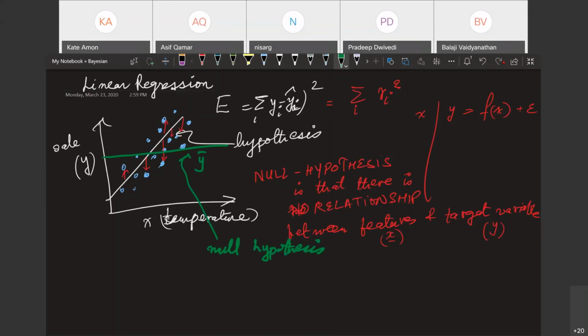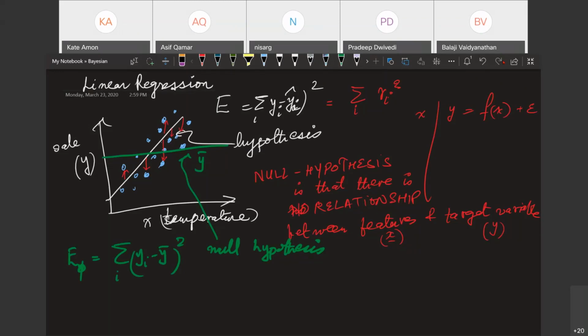Now, you would agree that the green line would have its own error term of the null. Let me write null with a phi symbol. This is a symbol for null, I suppose. It is basically the sum squared residues of yi minus y bar, squared, isn't it? Not the prediction, because your prediction is always just the y bar. Are we together, guys?